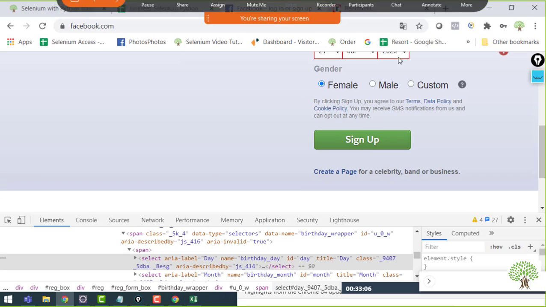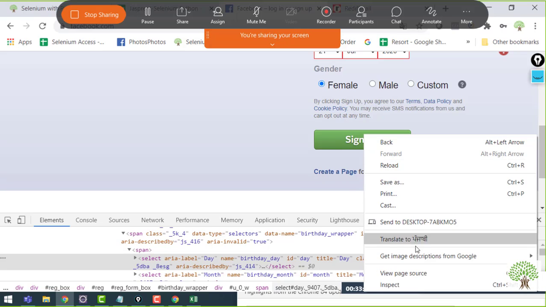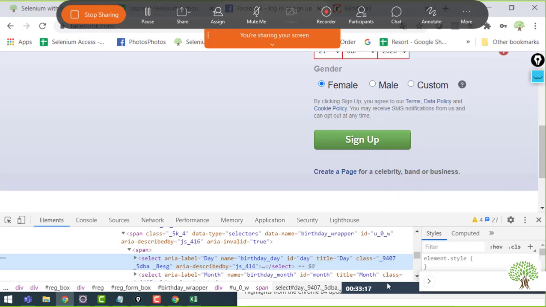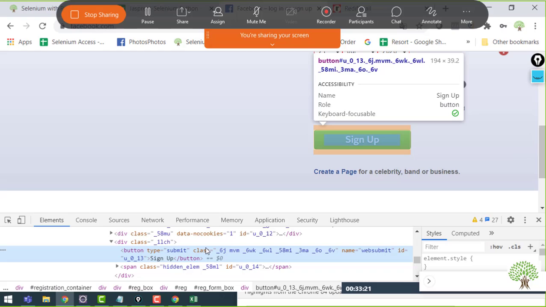So it's also going to collect all these details, and when I click on the sign up, along with all the details, it is going to proceed further. So it's a kind of submit button that we'll be using. Over here you can see that this button that I have inspected, the sign up button, has the tag name button with the type submit.